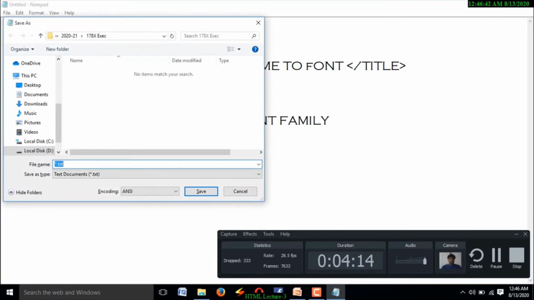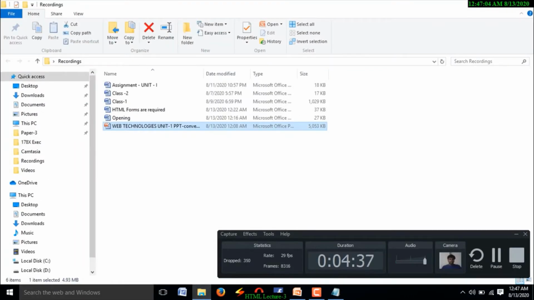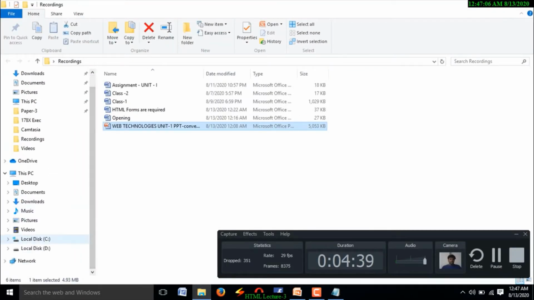Save this file. This may be a third HTML document. Third dot. What is the file extension? HTML is the file extension. And save this file. Next step is what? Open the saved file in any web browser.